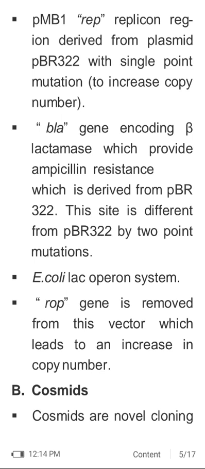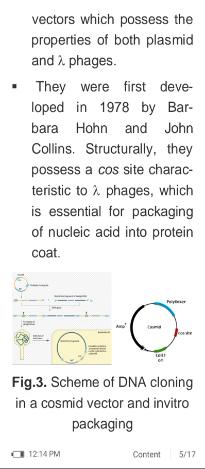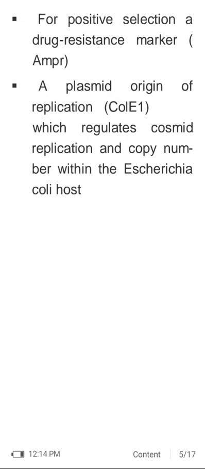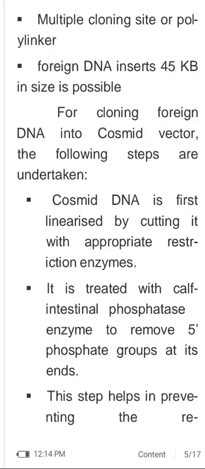Then cosmids. Cosmids are novel cloning vectors which possess the properties of both plasmid and lambda phage. They were first developed in 1987 by Barbara Hohn and John Collins. Structurally, they possess a cos site characteristic of lambda phages, which is essential for packaging of nucleic acid into protein coat. Scheme of DNA cloning in a cosmid vector and in vitro packaging. So for positive selection, a drug resistance marker, AmpR, a plasmid origin of replication, which regulates cosmid replication and copy number within the Escherichia coli host,